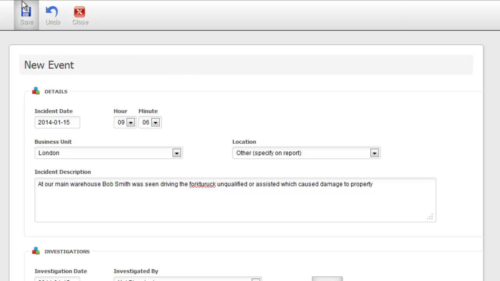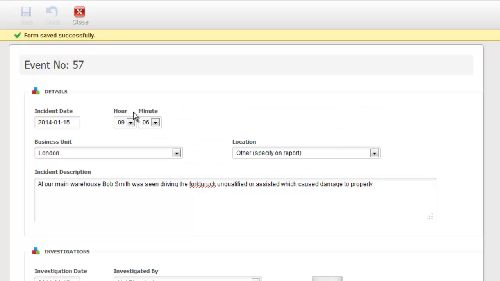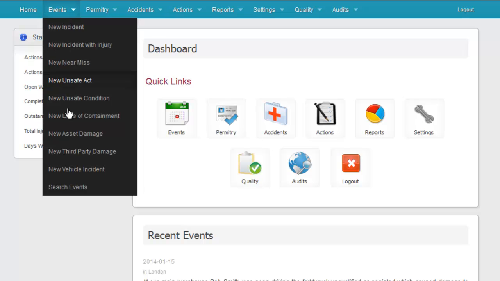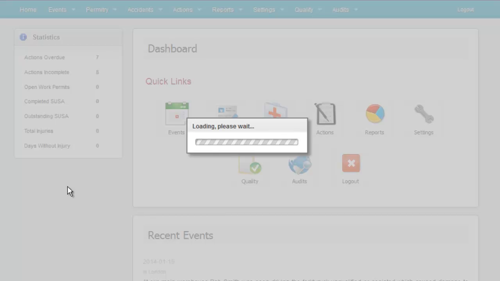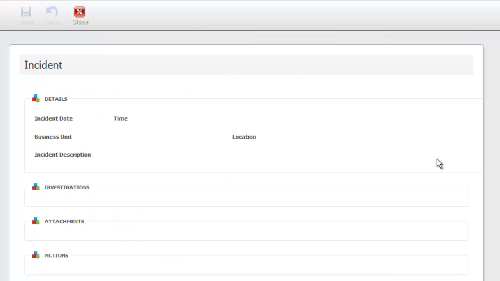Once that's done, simply select save, and you can see the form was actually saved successfully. On closing, we can go and search events. And there we can see our main warehouse, Bob Smith, was actually involved in an accident. From here we can actually view the incident,